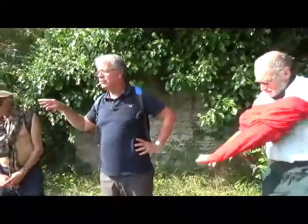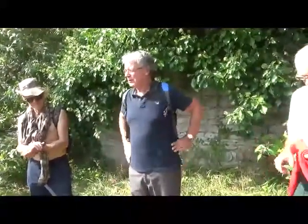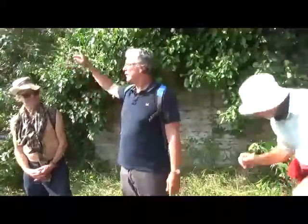They found Iron Age coins here, so it's possible there was an Iron Age temple, and King Worry, from the oral traditions of Portland, said there was a temple here in Roman times, possibly a temple to Venus. What that means to Venus, whether that means the planet Venus or the goddess Venus, it's hard to say, because from what I know, the Venus tends to rise over this side,